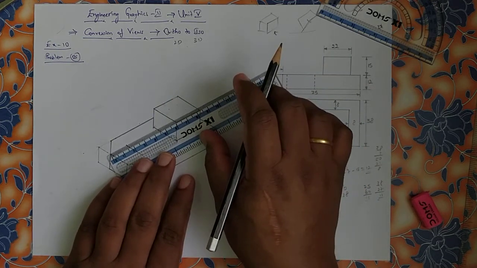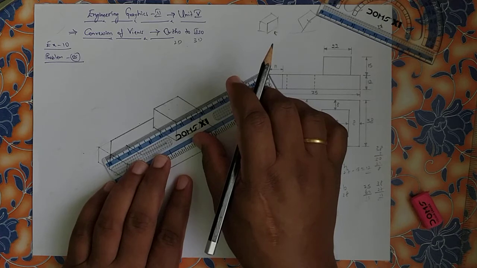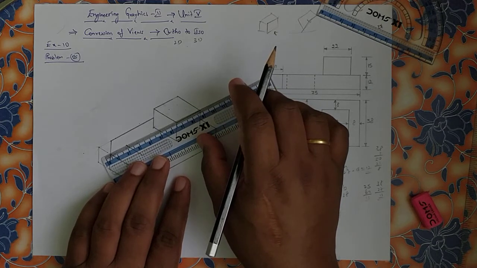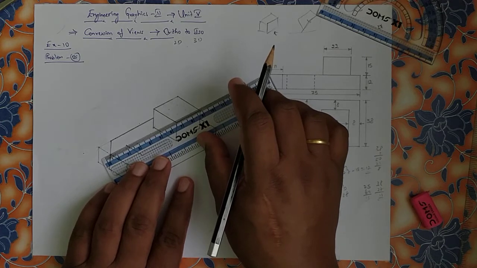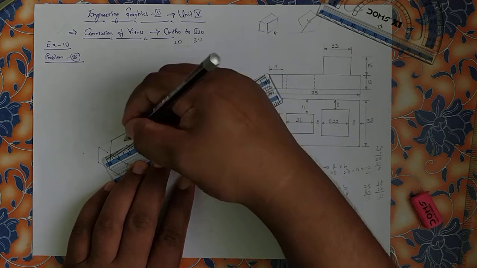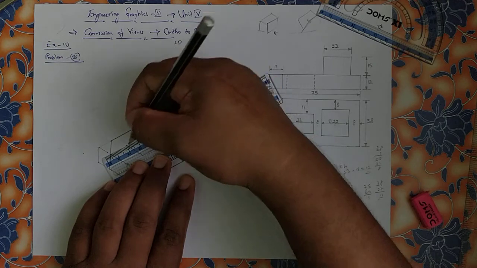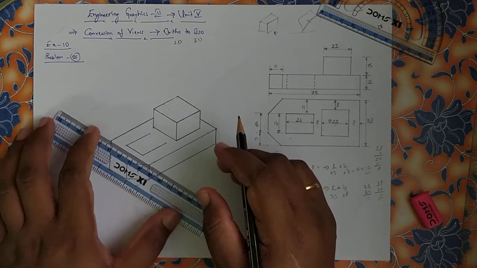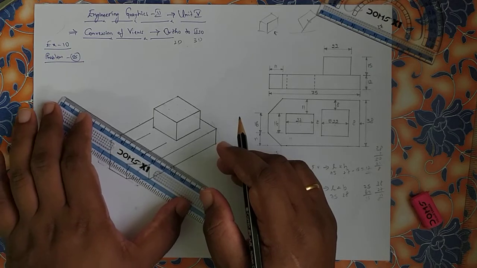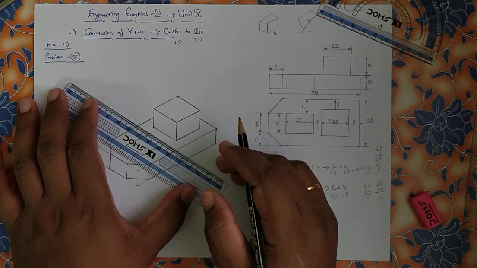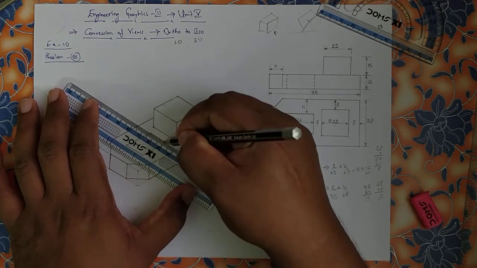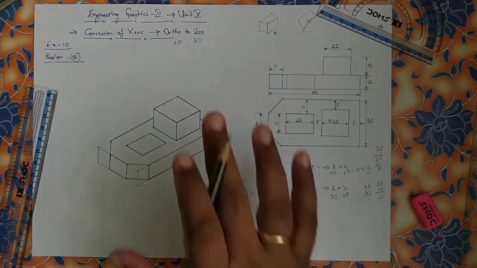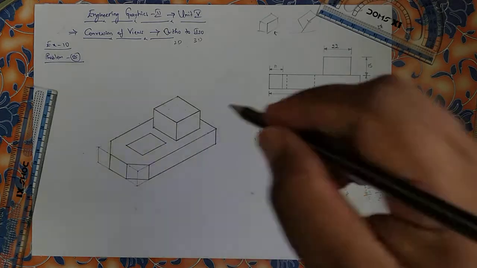Same here also, it's 11. 22 means, now join the other two lines. 22, it's closed. See, on the top surface I have drawn this through hole, but to show it is a through